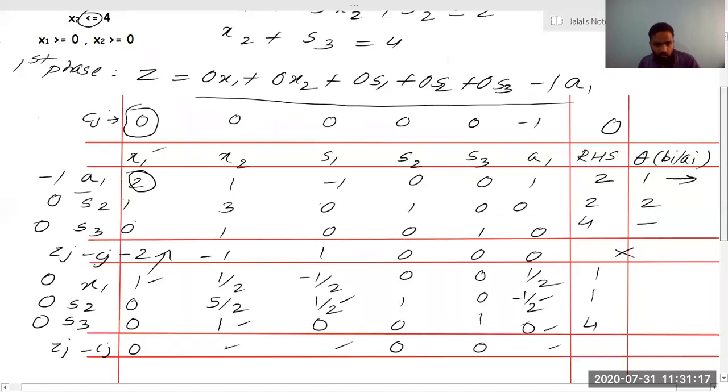So now what do we need to do? We need to find this value. To find this value, we will go here. So minus 2, you can see this, plus 2. And we already know 0 into 0, 0 into half is 0, 0 into 5 by 2 is 0, 0 into 1 is 0, 0 minus 0 will be what? 0. So we can do it either way. This will be 0. All this multiplication with this term will give me 0 only. So we just have to check this. If this is 0, this will come out to be 0. So all are positive.